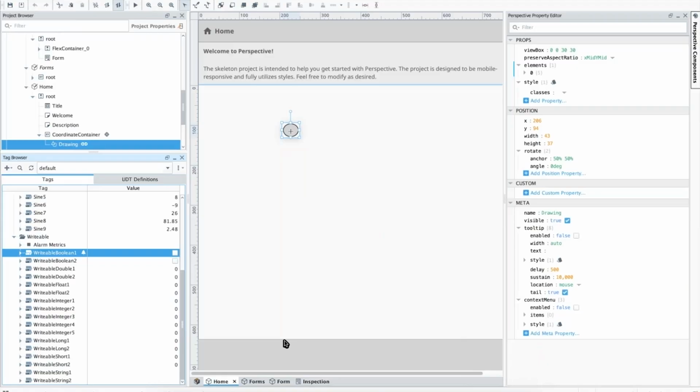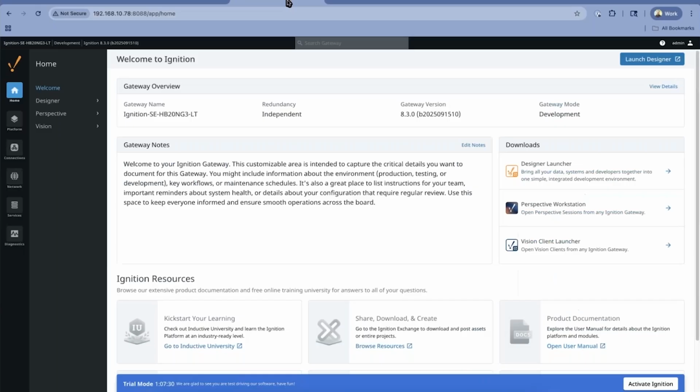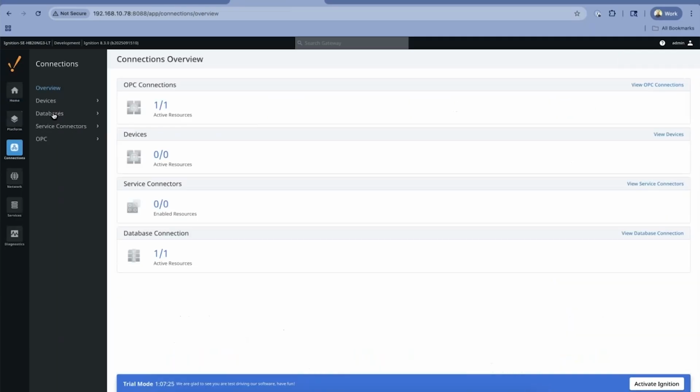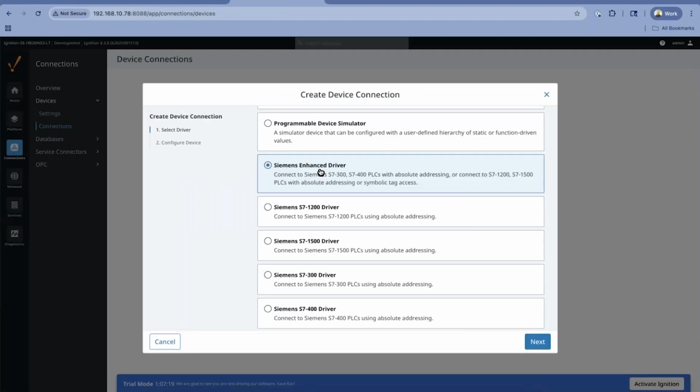Looking at the tag system, we've done quite a bit in that we've added the ability to connect to more devices, and we've done more with our OPC UA stack. So let's show those two features. I'm going to go back to our browser, and I'm going to go over to another server that I've got here. I'm going to go to my devices. We added a new driver in Ignition 8.3 called the Siemens Enhanced driver, and this allows you to do symbolic addressing. So I'm going to go ahead and connect to a Siemens device that I have,